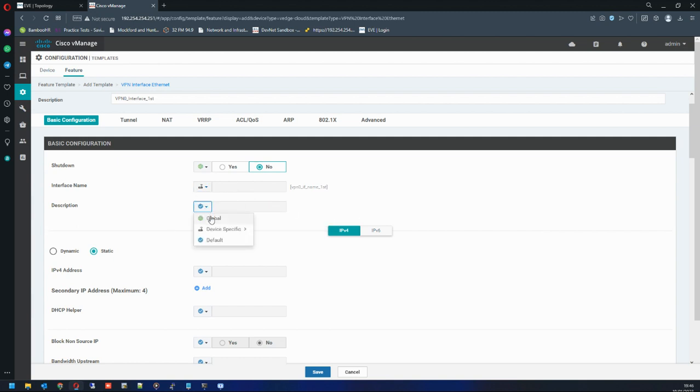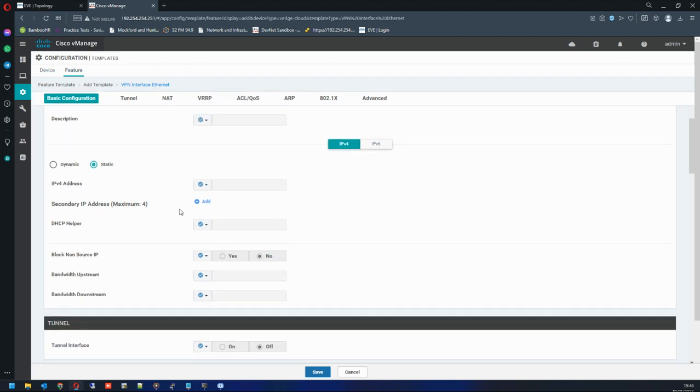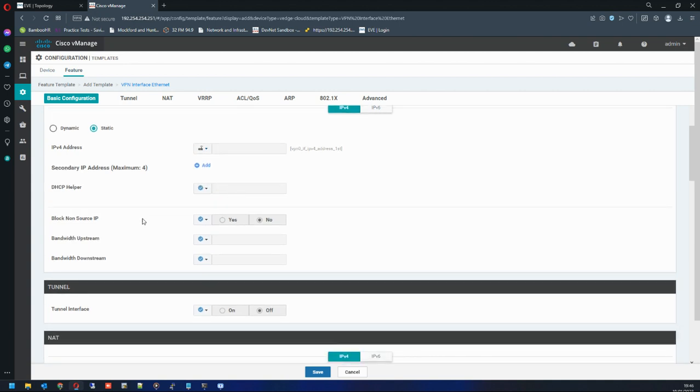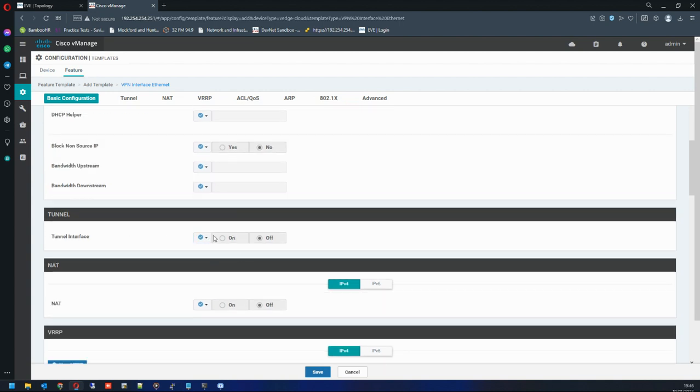Okay, device description, I can leave it. For IP address it is device specific, VPN 0 underscore first. Secondary IP address we don't need. Block non-source IP address, boundary stream, tunnel interface. Yes,